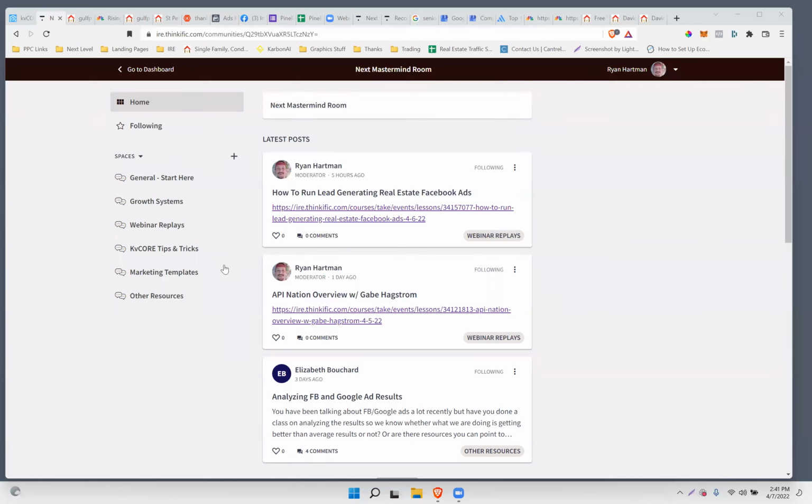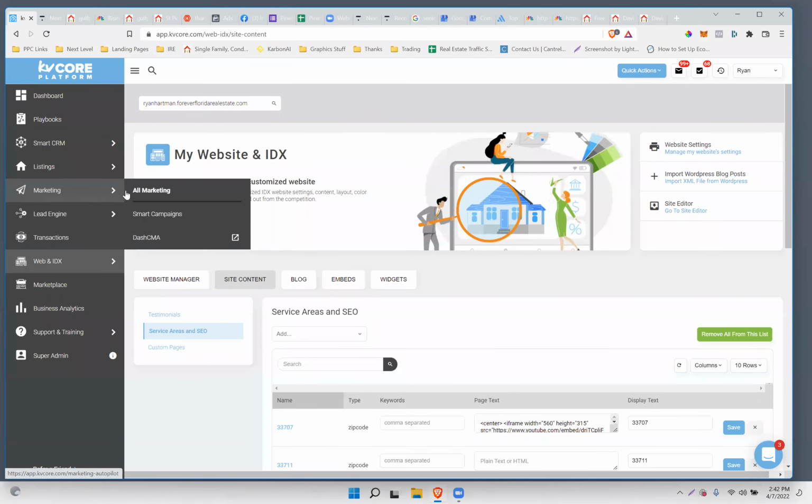Anthony, good question. He's saying, if you import a list by zip code, can you automatically set them up on a market report for that zip? I don't think the automatic works yet, so you would have to manually do it for each one. What you could do, and I feel like this is almost just as good, is set them up for property alerts once a week. So when the hashtag gets added on your import, you can trigger property alerts by creating a rule. So under marketing,